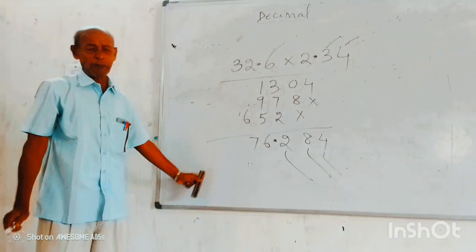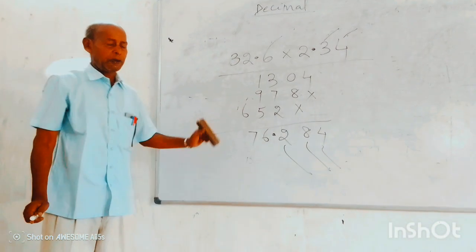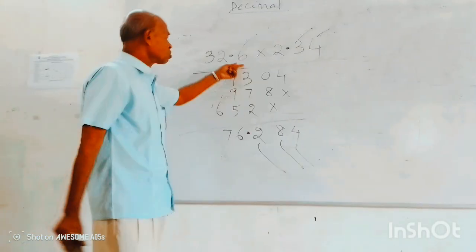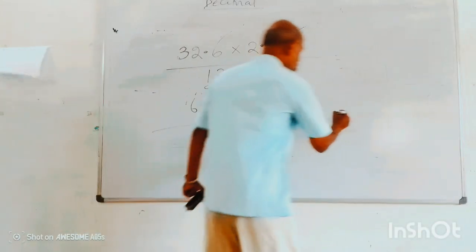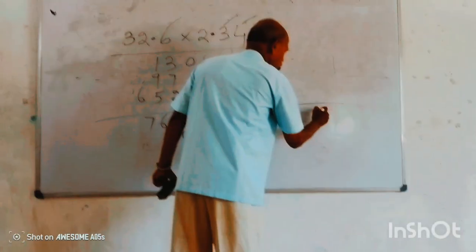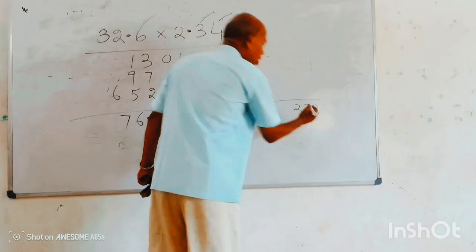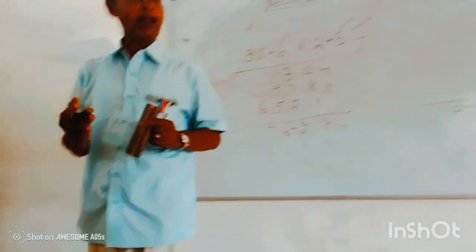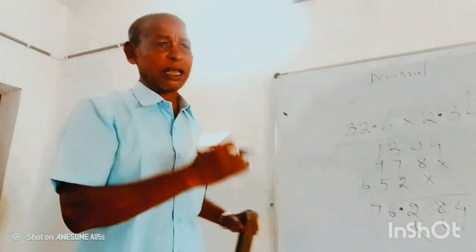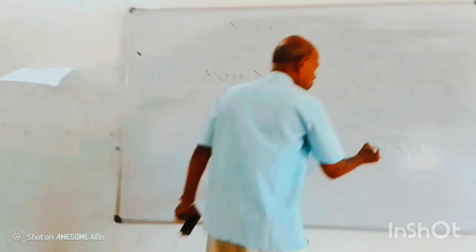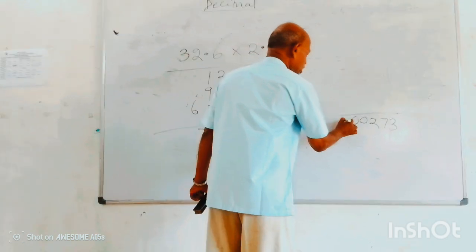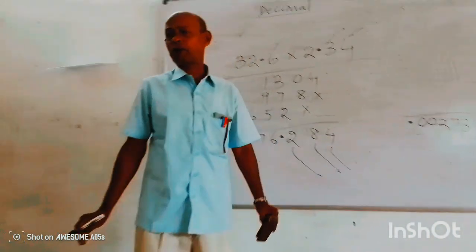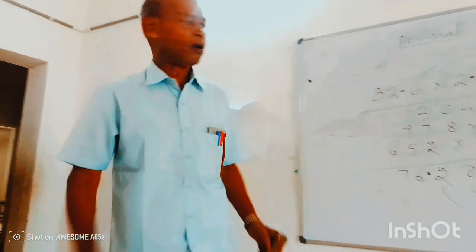Now this is about the multiplication. In some multiplication it also so happens that suppose we have multiplied and got 2.73, but we need to put the decimal point after 5 places. In that case we have to put 2 more zeros to the left, then you have to put the decimal point. Okay?